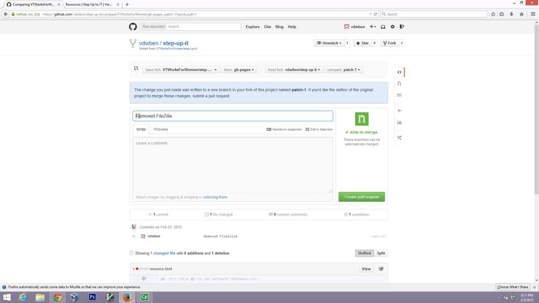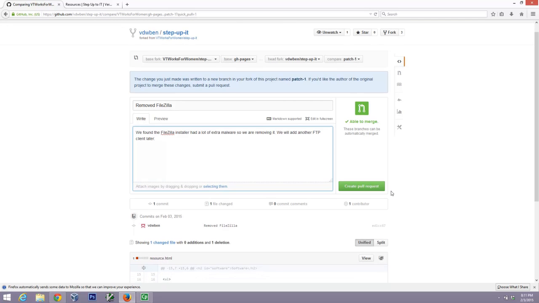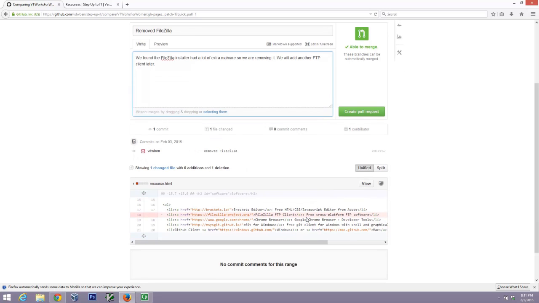So I'm going to just say I removed FileZilla. I'll add an explanation that we found the FileZilla installer had a lot of extra malware, so we are removing it. We will add another FTP client later. And now, if I scroll down a little bit, I can actually see